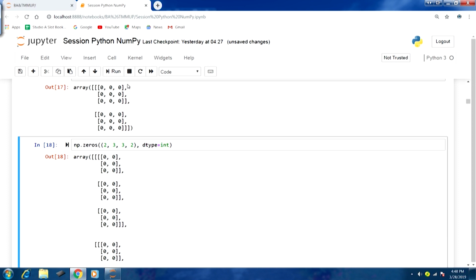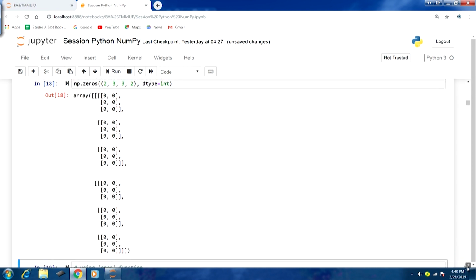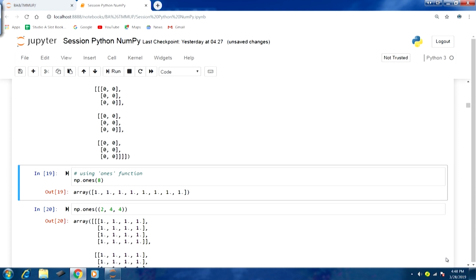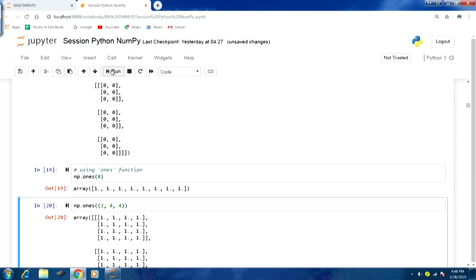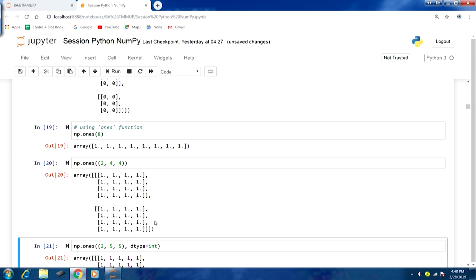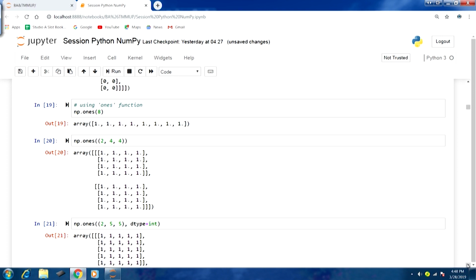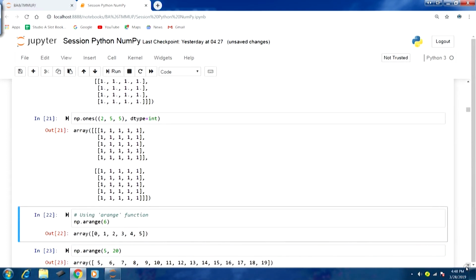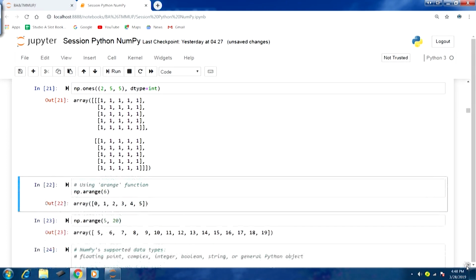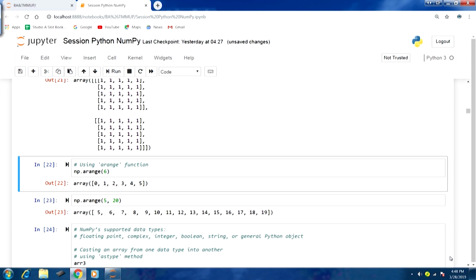Then this one, you can see this is a 4-dimensional array here. So, using the zeros function we are able to create this. Similarly, the ones function is there, which is very similar to the zeros function. So, here also you can see one more 3-dimensional array with the data type also specified. And then we talked about the arange function, which is also very similar to the range function. This part we discussed.